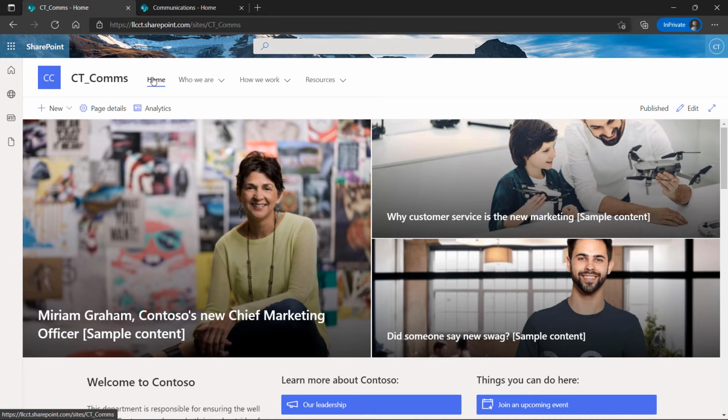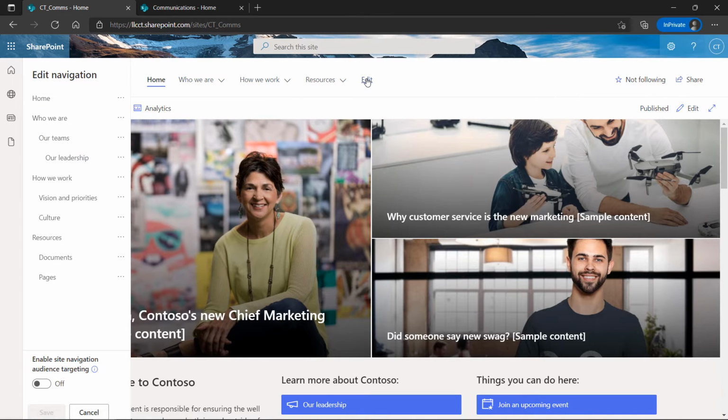So in here in my communication site, I only have these 3 default settings for my quick launch bar, and this is my quick launch bar. If I go in here and edit, I have the same options that I have in my team site. I can still make all these changes, and the edit panel will still come up over here on the left-hand side, so you can see all that. But when you're done,